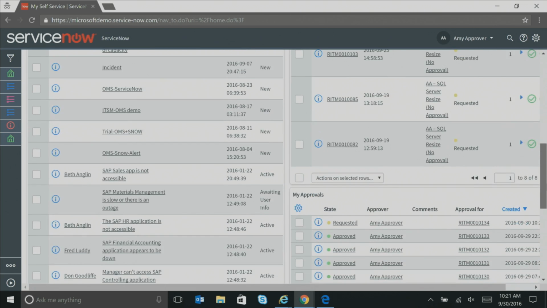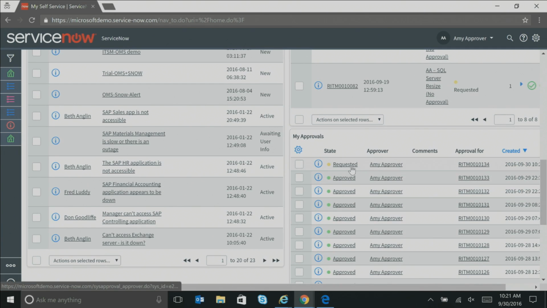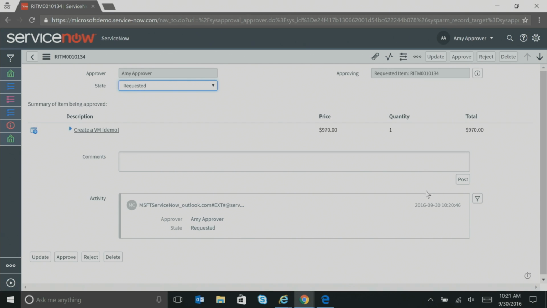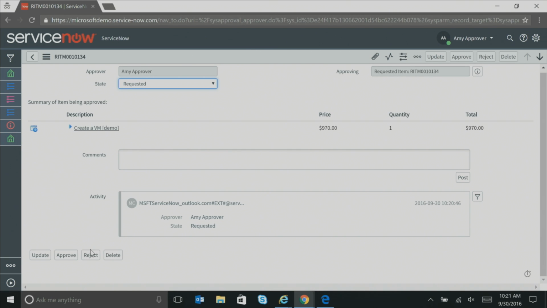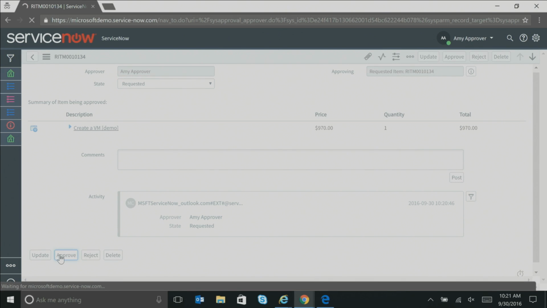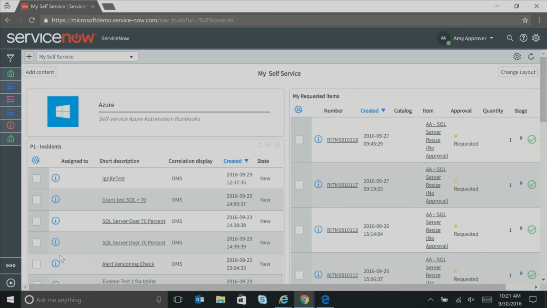Come down. So you have this approval that just came in for the request that we made. And your approver can approve. If they reject, you get an email saying something has gone wrong. If you approve, this will start a workflow that will start the Azure Automation Runbook in the background. And you can actually go in and see